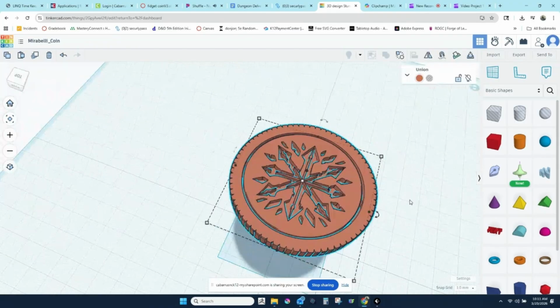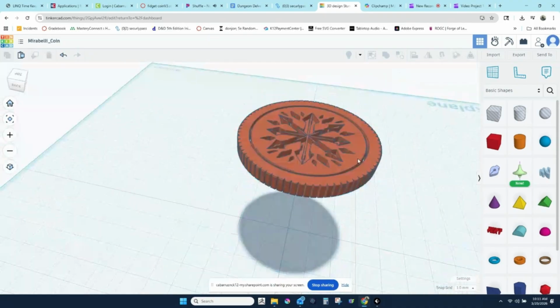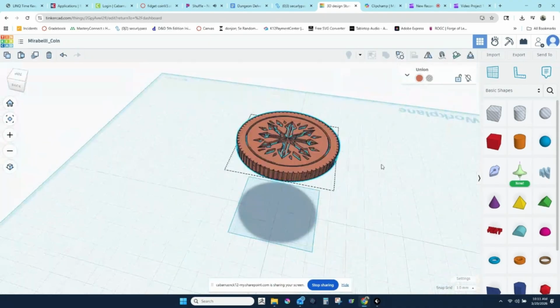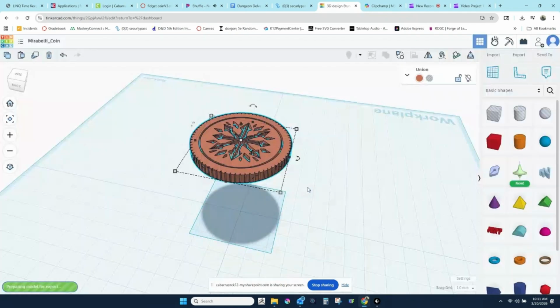Then at this point, what you're going to do is go over to the right and tell it to export, and you're going to export it as an STL file, and it will download to your